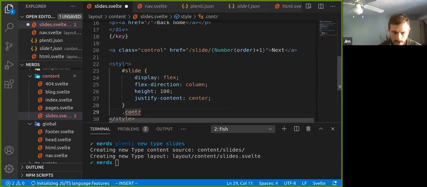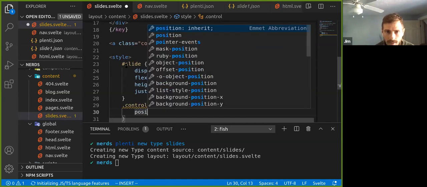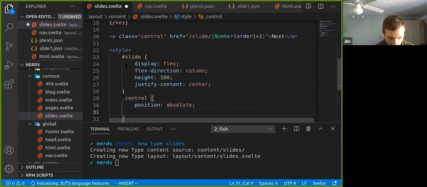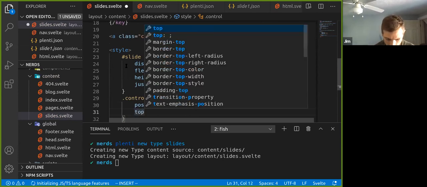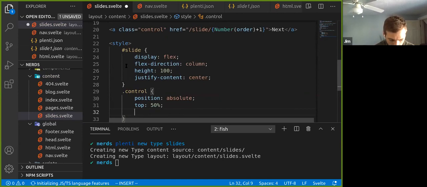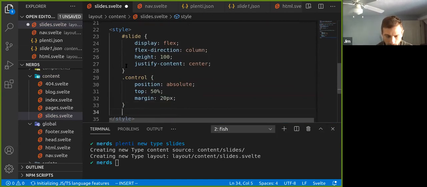Control should, whoops, let's position these absolute, and let's move them down 50%. Let's give them a little bit of margin, like 20 pixels, so they're not right against the edge of the screen.